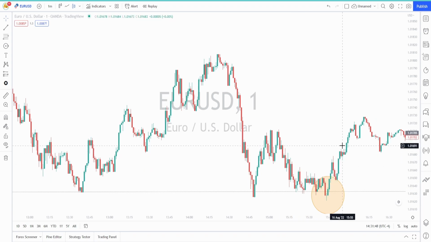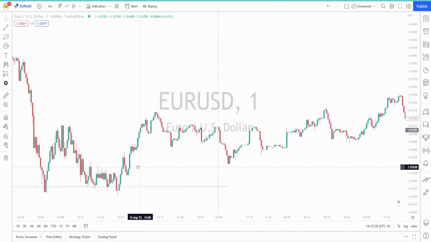And when price starts moving, this is where you may want to manage your trade and move your stop loss to break even and take partials. So even if the trade does go against you, you're still going to be profitable. It won't be a losing trade. Now, if we keep going through here,